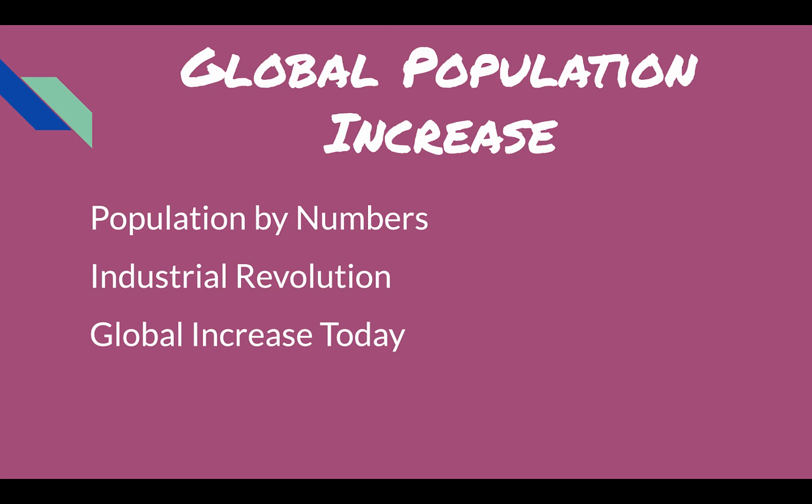But when you look back to about 2,000 years ago, the world's population was around 300 million people. And little changed until the Industrial Revolution, right? In 1800, we reached the first billion people. By 1930, that was up to 2 billion. By 1962, 3 billion. By 1974, 4 billion. By 1987, 5 billion. By 1999, 6 billion. By 2017, 7.5 billion. So we see that kind of exponential growth.